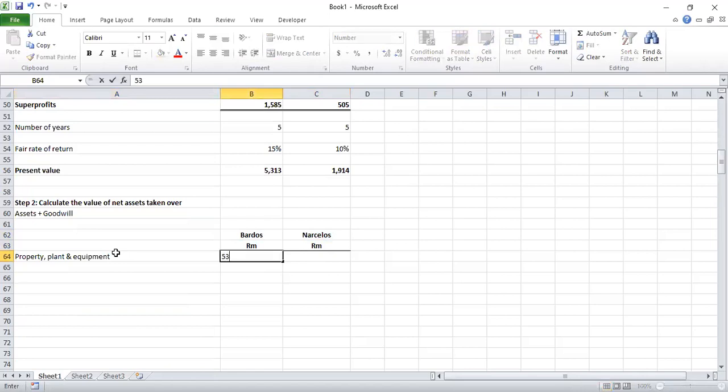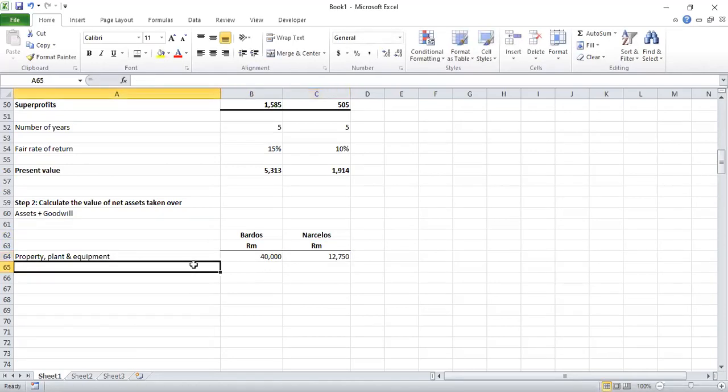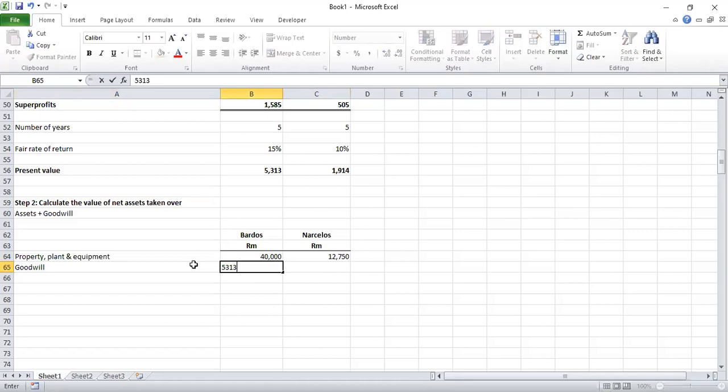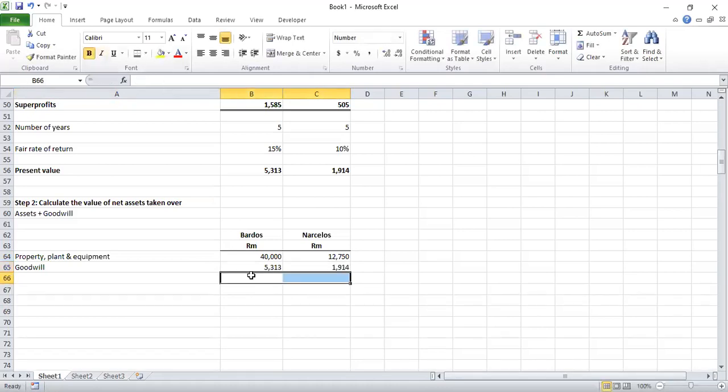So say 5313, 1914. So the net assets are not this, they are 40,000 and 12,750. Then goodwill, 5313, 1914. Then we get our total. So that means the total value of each company is